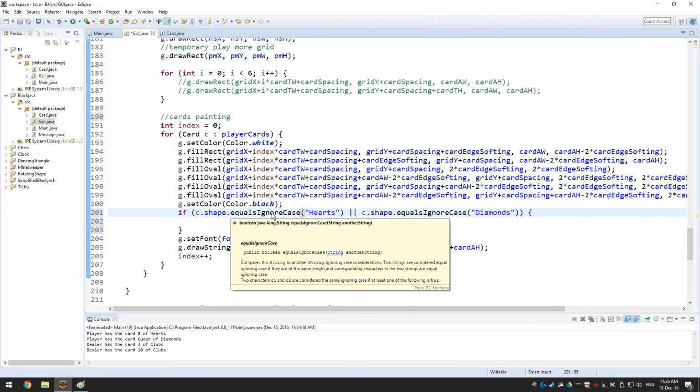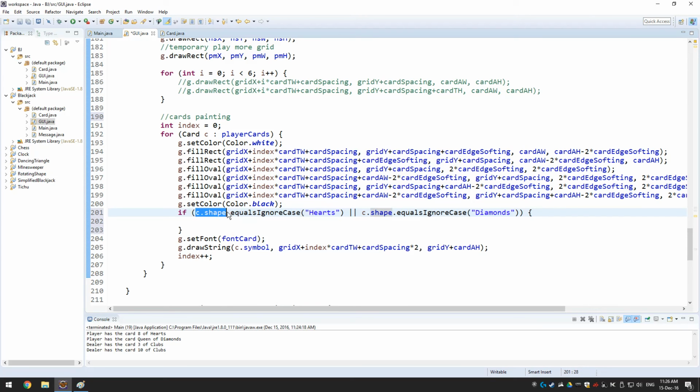method is used to check whether this variable right here is equal to this, and this is used to compare strings. The original method is dot equals without the ignore case, but most of the time it's good to use the ignore case because it will ignore whether the letter is a lowercase or a capital letter. So in case the shape is hearts or diamonds,